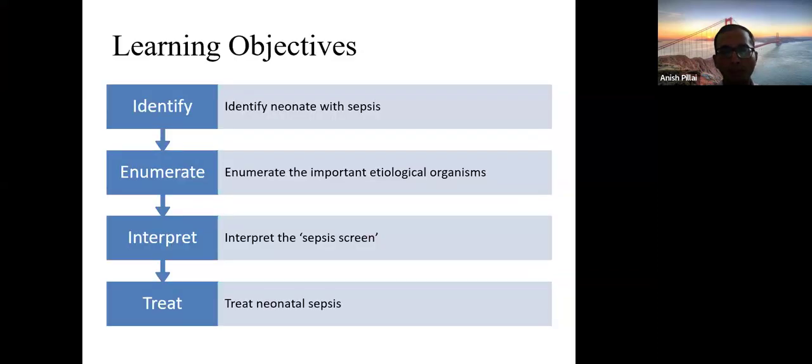The objectives for today's session are to first identify all the newborns with sepsis. So how do you recognize and diagnose sepsis? Enumerate the important organisms, interpret the ever confusing sepsis screen, which is a lab test, and then how to treat neonatal sepsis. So we'll go through these step by step and try to identify things which can be